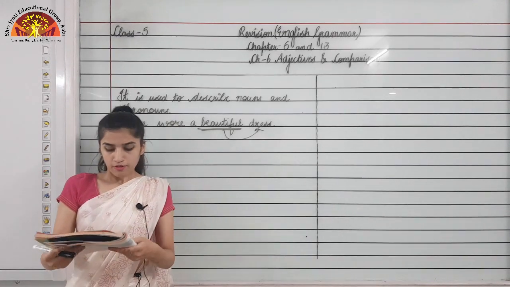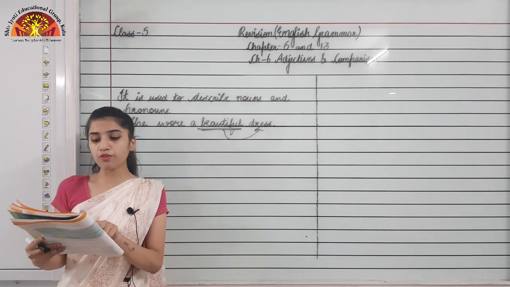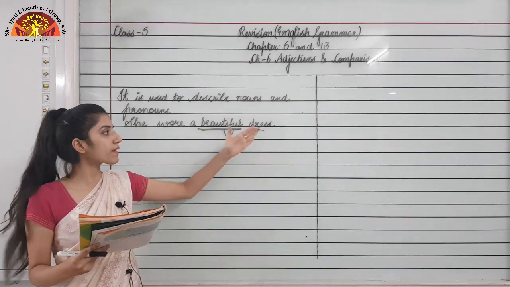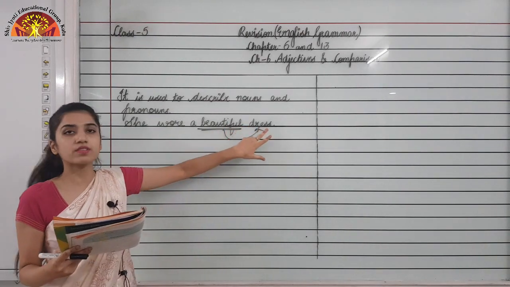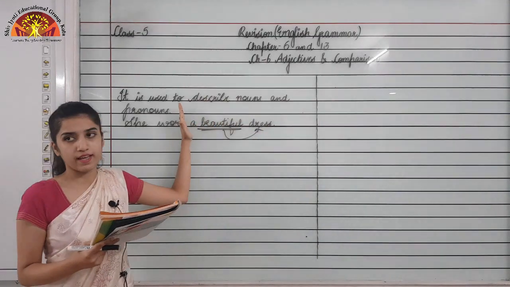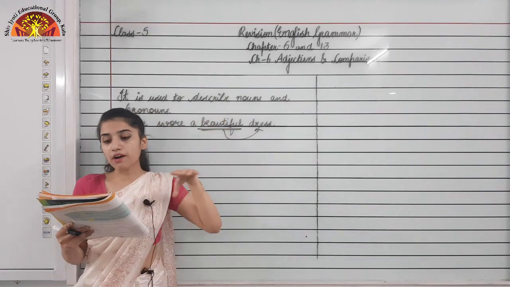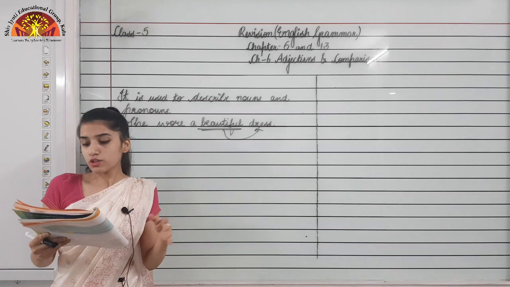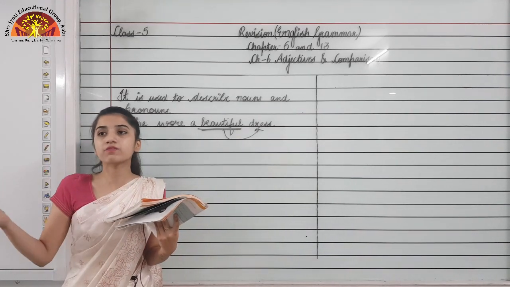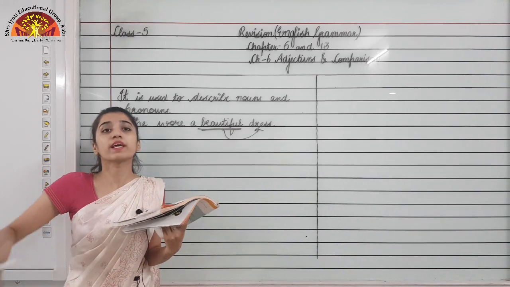First, you can see before a noun. Example is given: a beautiful dress. It is coming before a noun only, because before the dress, which is a noun, beautiful is coming. Second is after the various forms of the verb be. What are the various forms of the verb be? We have studied in chapter 5, that was verbs. So is, am, are, was, were, been and being are the various forms of be.